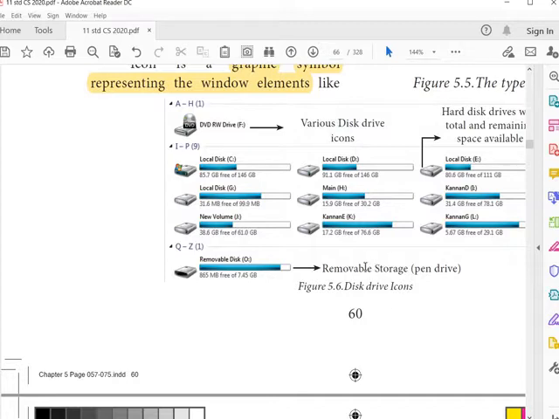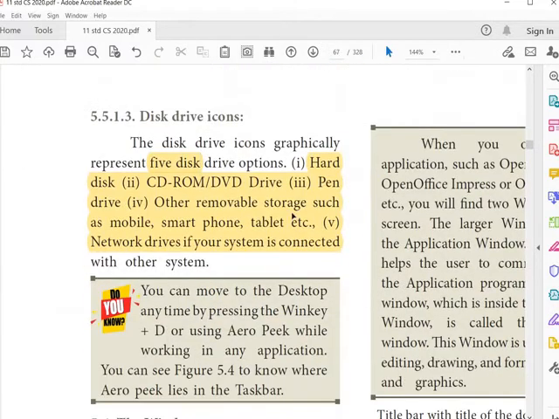Hard disk drives, CD drives, pen drives, and other removable devices like smartphone or mobile. Even if we connect a tablet, it also comes as a removable device. And network: if your computer is connected with another computer, then it is a network. So these icons are disk drive icons.